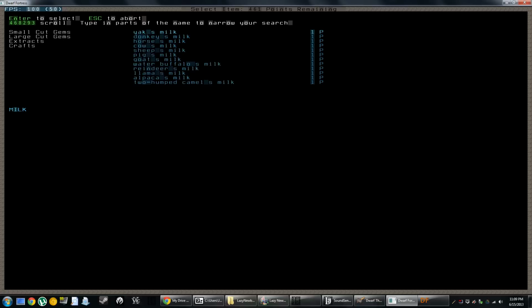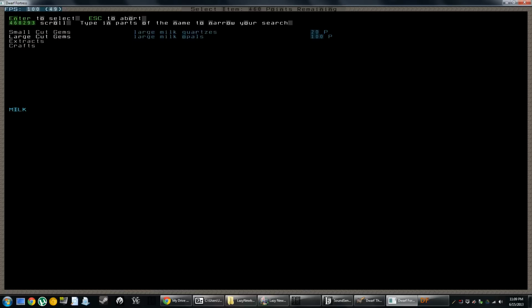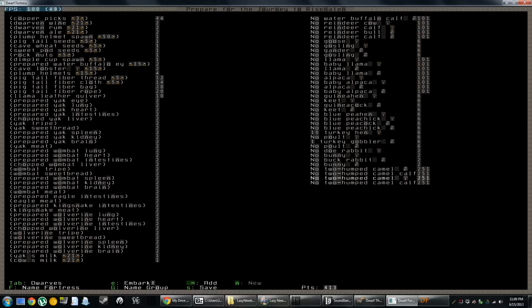Can you see where I'm going with how complicated this game can get? Let's take some yak milk. We'll also take some, I don't know, can we take cow milk? Yeah, cow's milk. That's good. We'll take like 20 cow milk, and actually we'll take 21 and 21 yak milk. You never want to take even numbers of items because you're not getting all the barrels that you could. So we'll take 21 of the different wines as well. Still have 413 points, so...